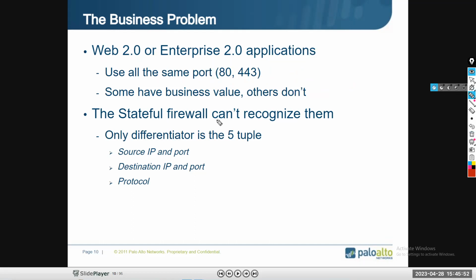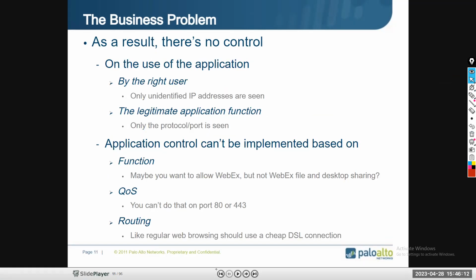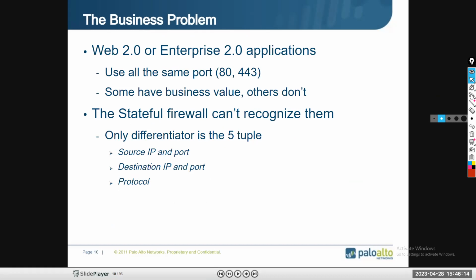So now the stateful firewall cannot recognize them. The only differentiator is the 5-tuple, that is source IP and port, destination IP and port, and protocol. So this thing will not be recognized by the stateful firewall.